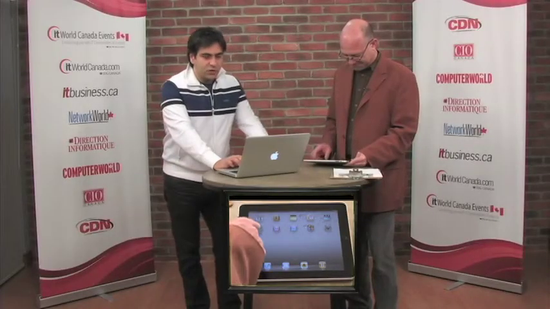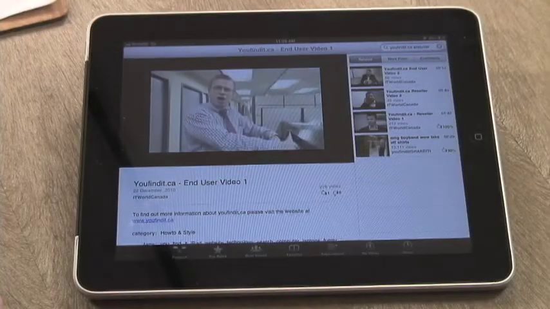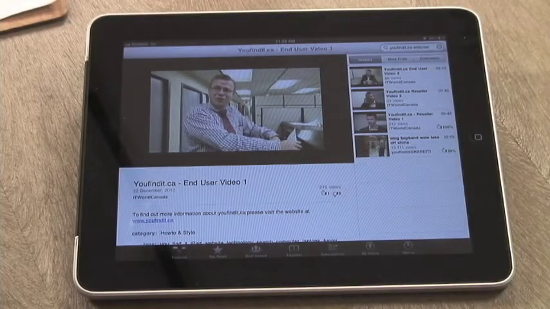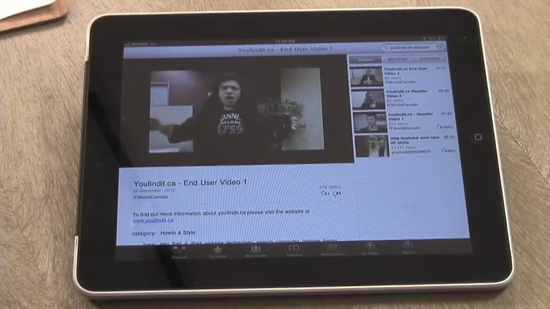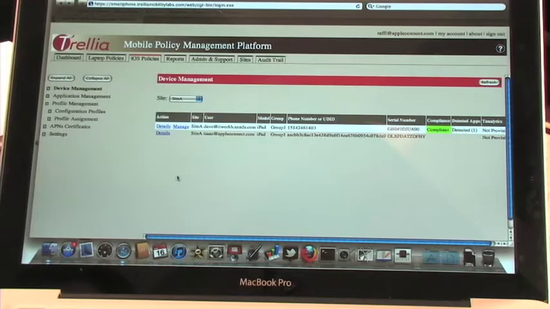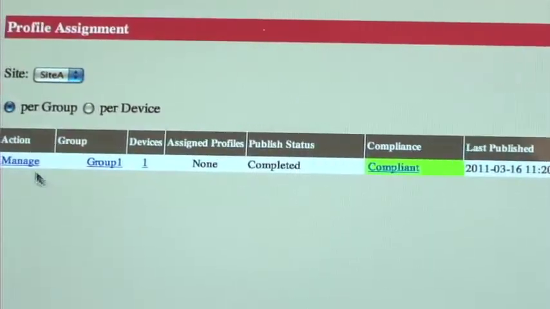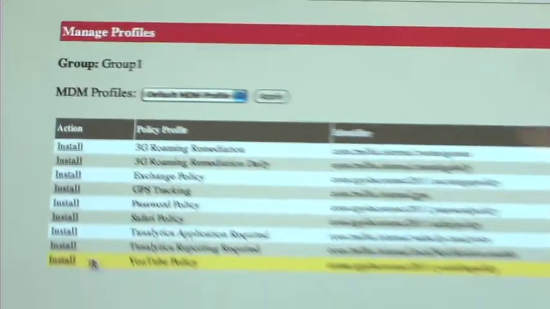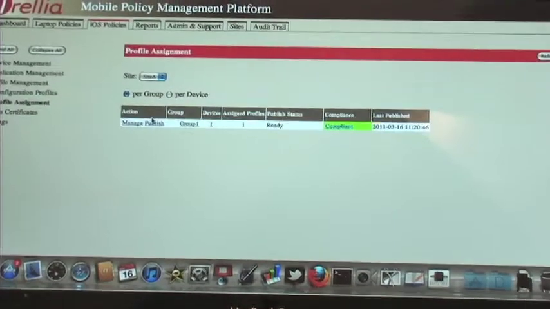So Dave basically just started a demo of the YouTube video right now. What I'm doing through our portal is going through our profile system, where we're going to put a policy to remove YouTube usage for Dave and the group of users he belongs to. This is typical of corporations who don't want their users using social apps or any type of entertainment or gaming apps during work hours. So you can automate it for that. I'm basically installing that policy now, and I'm going to publish that